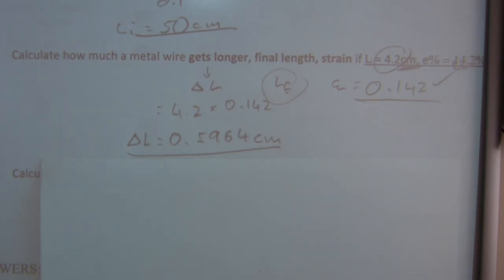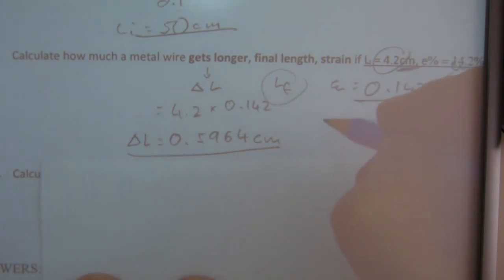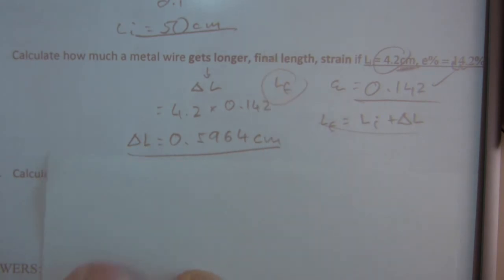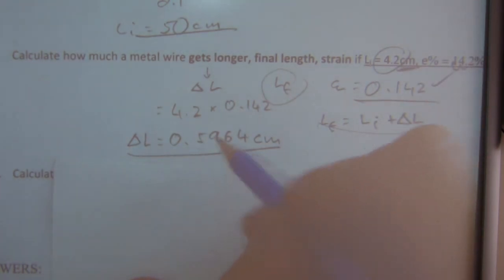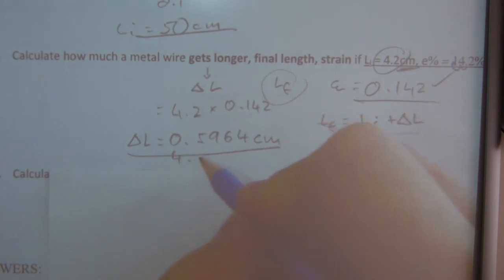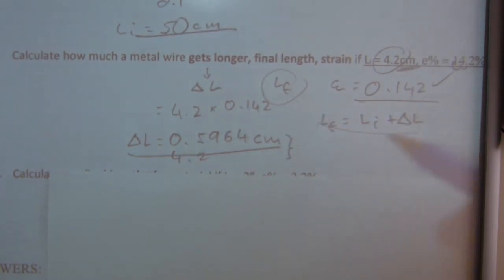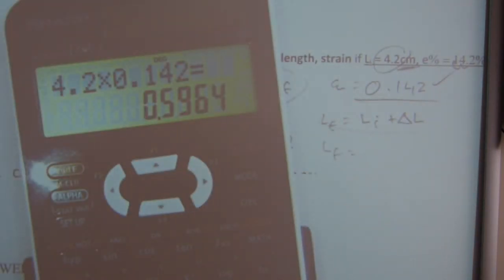Next one, final length. Alright, for final length, very straightforward, you need to add, because length final equals length initial plus elongation. That equation isn't up there on the top of the sheet, that's in your memory bank, eventually it's gonna be there. So what you need to do is add to this number here 4.2. When you do so, you will end up with, still on the calculator's display, plus 4.2 equals that number,